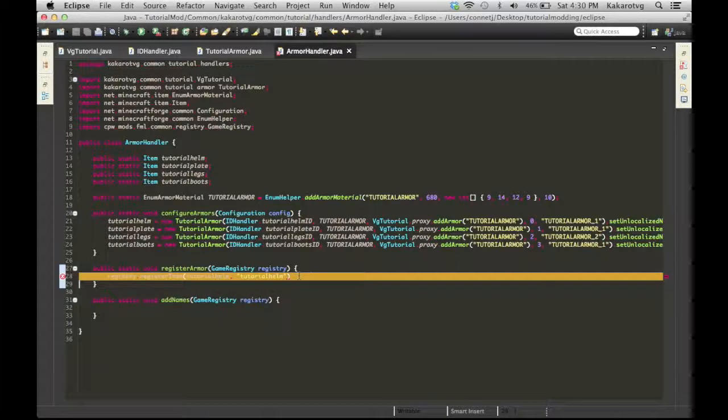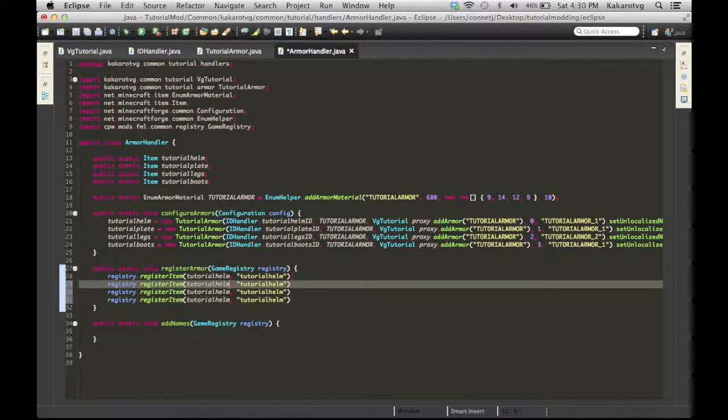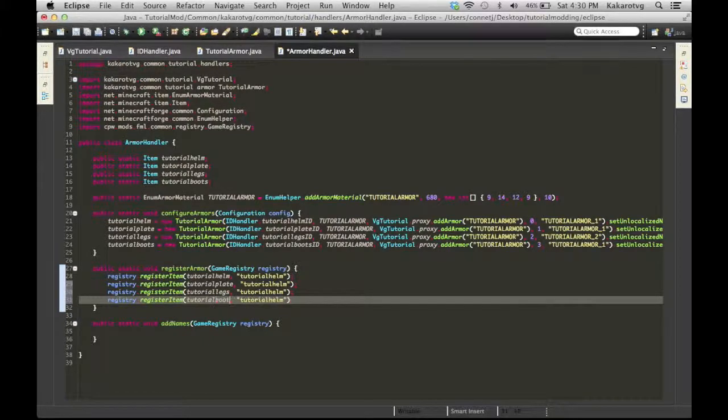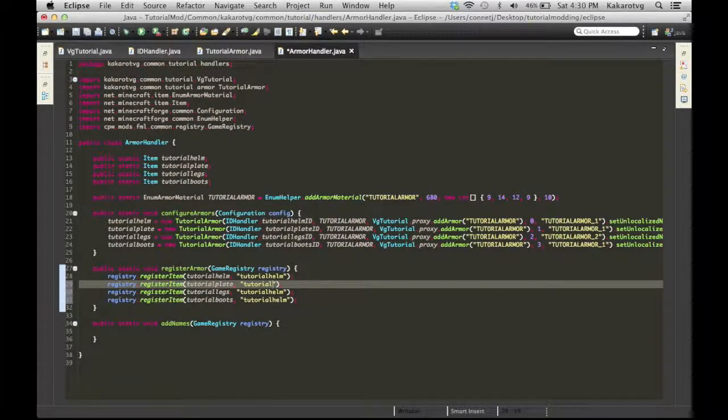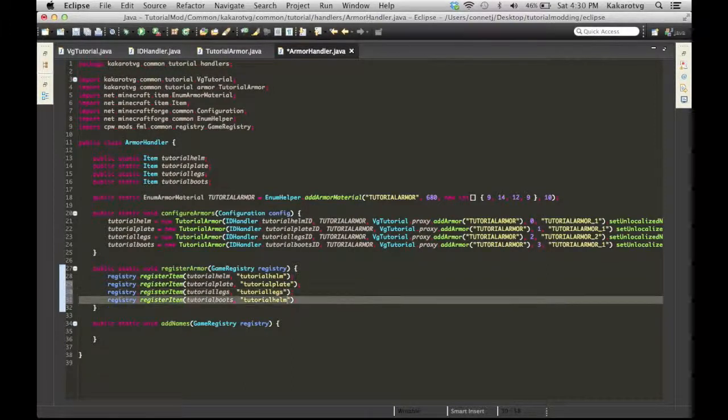And semicolon, copy, 1, 2, 3. Tutorial plate, legs, boots, plate, legs, boots,